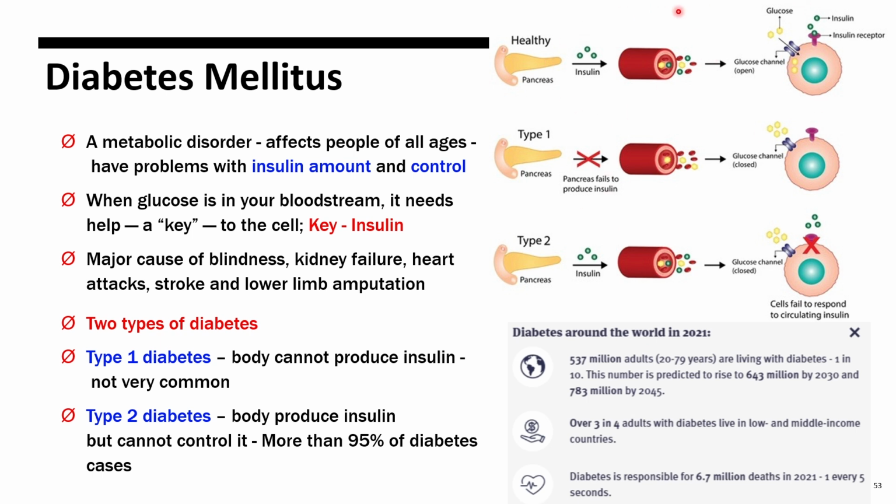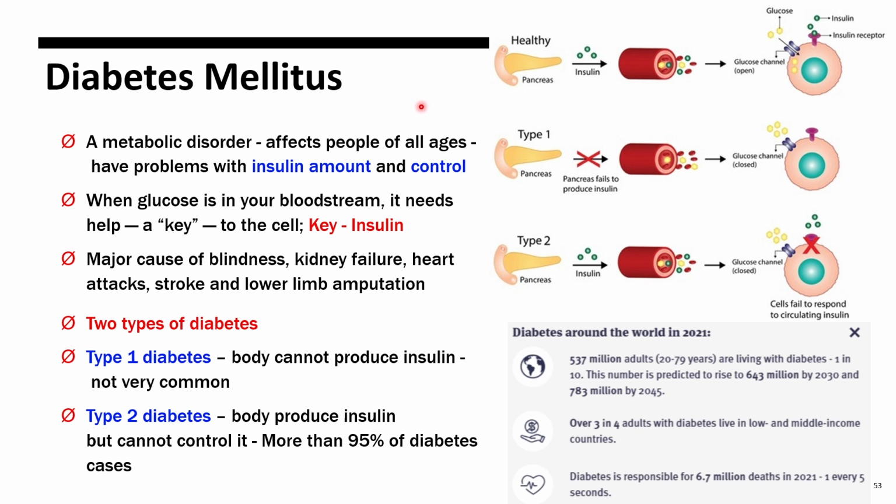So let's say in a healthy person, the pancreas usually produces insulin and releases it into the blood. There is glucose in your blood, and glucose is important to produce energy inside the cell. So this glucose needs to enter into the cell. The channel for entering is opened by insulin. Insulin is actually the key to that channel. If you consider that channel as a door, insulin is the key.